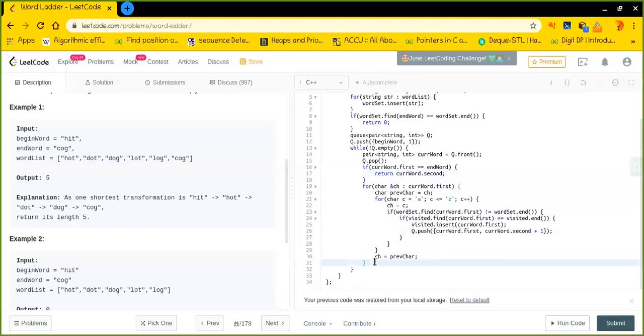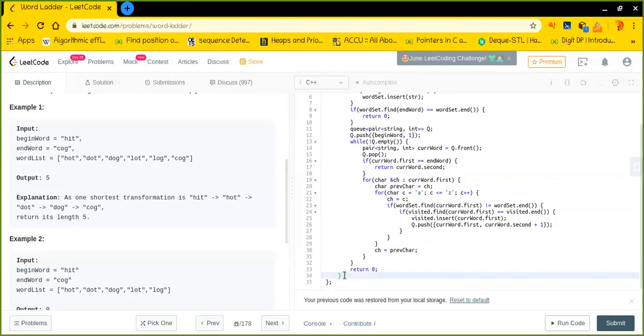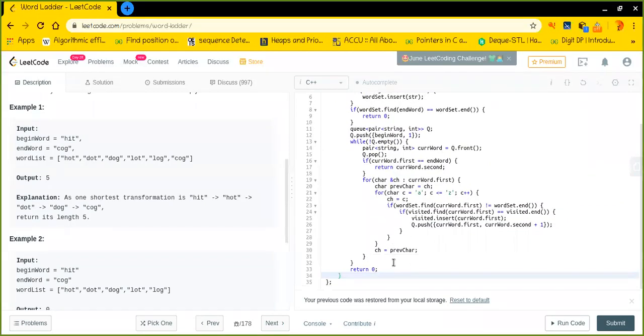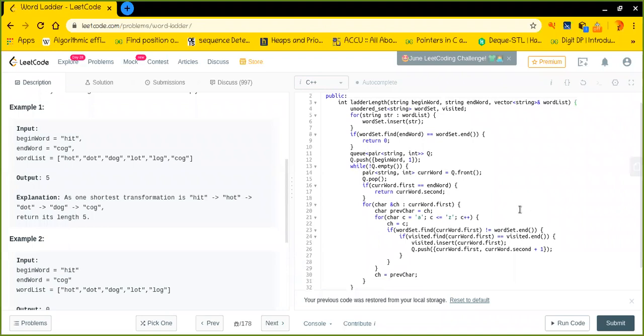There can be one more possibility that we may not reach the destination. In that case, I will simply return 0, saying it is not possible to convert the first string into the second one. All right, so this is the idea, and I hope it will be working fine.